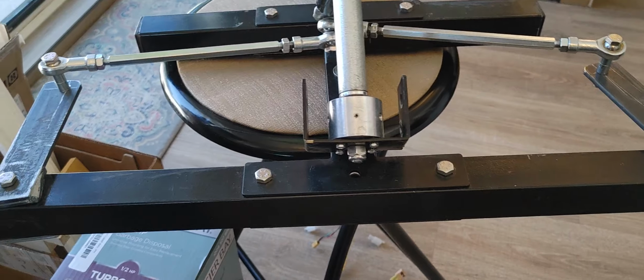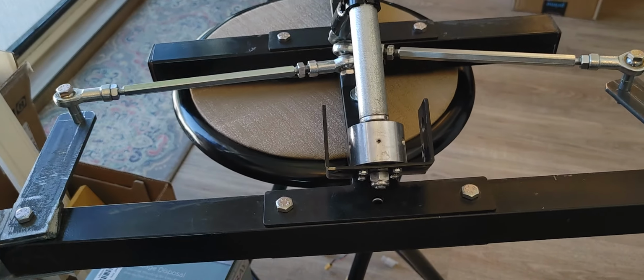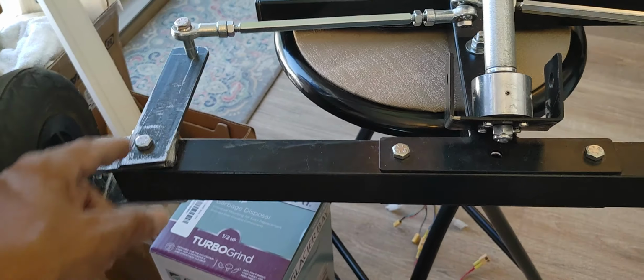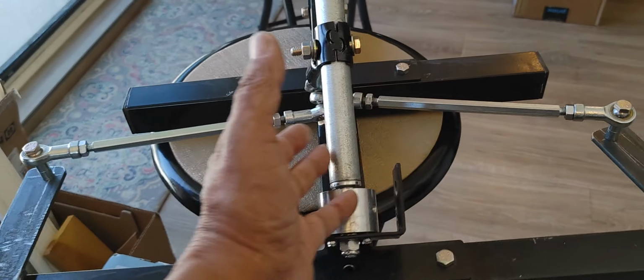My other go-kart that I did, based on real racing go-kart dimensions and size, has caster and camber, and it's a lot more complex, and I'm having issues with the steering on that one. It's not as precise as this one right here. This one, with the geometry that we have here, the way this came out,